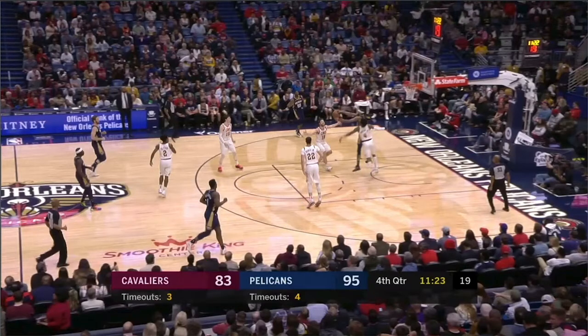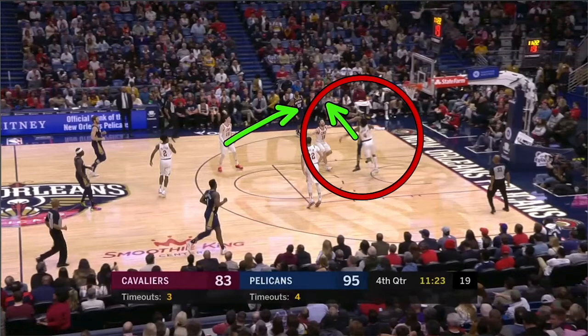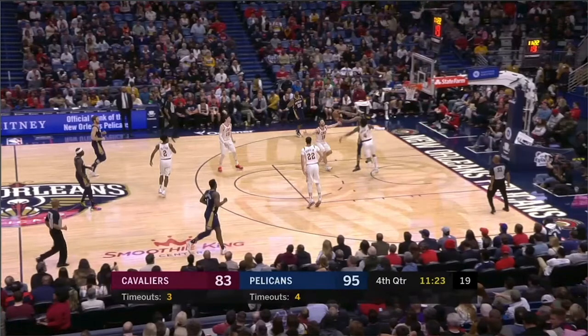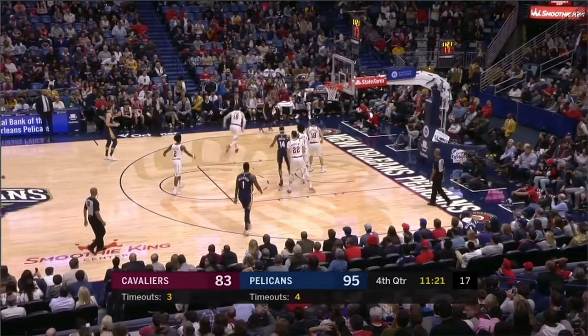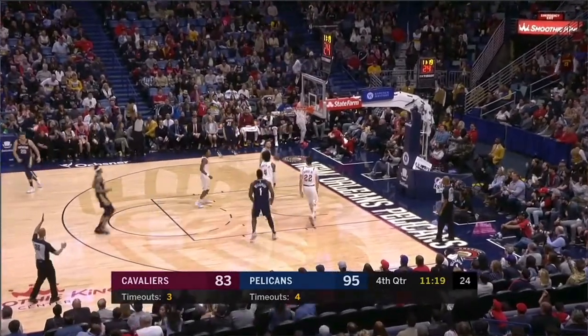So I don't know, there's nothing to be looking at in the post. We got a double team, it's being taken care of. You got to X out of this. Ball gets kicked there, he should already be gone. You can't be late. He should already be rotating. But you can see he's going to be late on his rotation here, and so now it's going to be a wide open catch and shoot three for New Orleans.